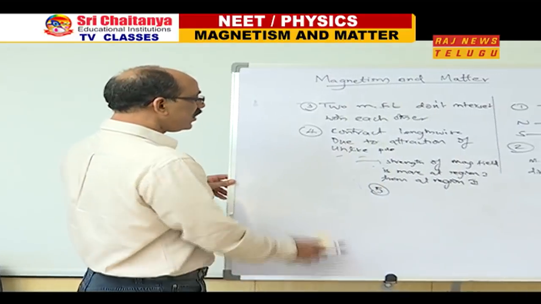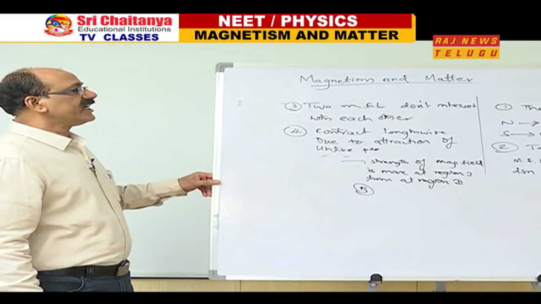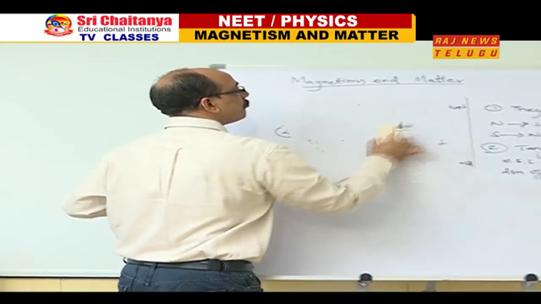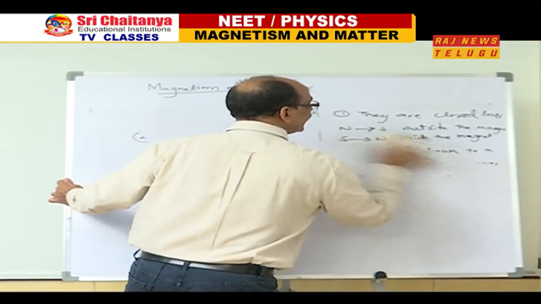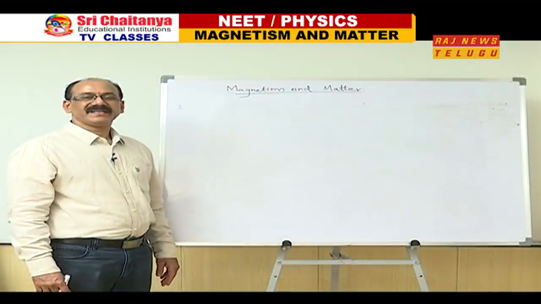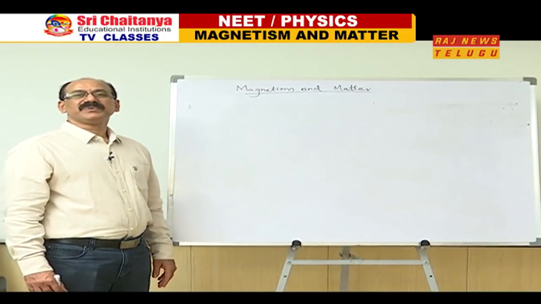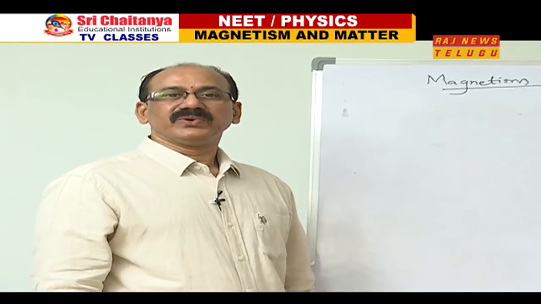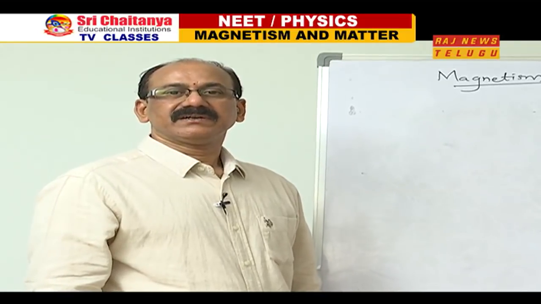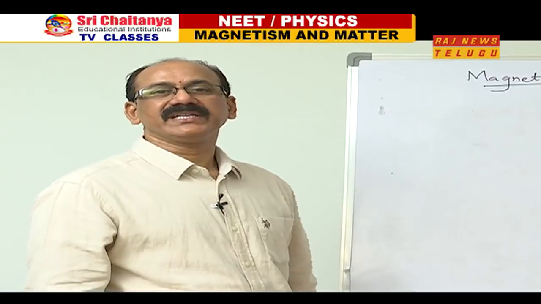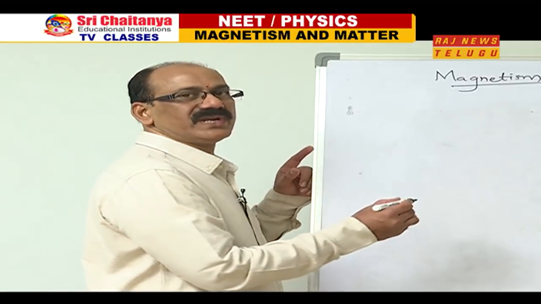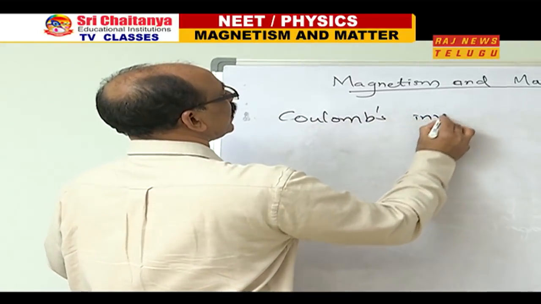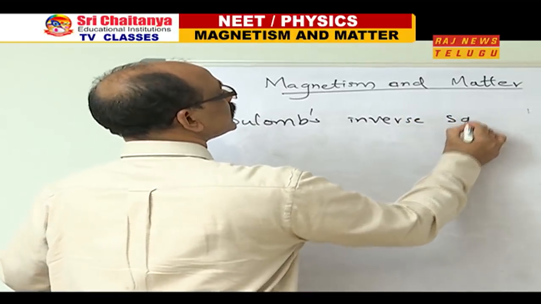Now once we understand what magnetic field lines are, we shall talk about the next topic, magnetic field, magnetic induction. Now let us discuss the force between magnetic poles. Though magnetic poles do not exist as monopoles, Coulomb gave an empirical relation for finding the force between two magnetic poles, which is known as Coulomb's inverse square law. So Coulomb's inverse square law says that